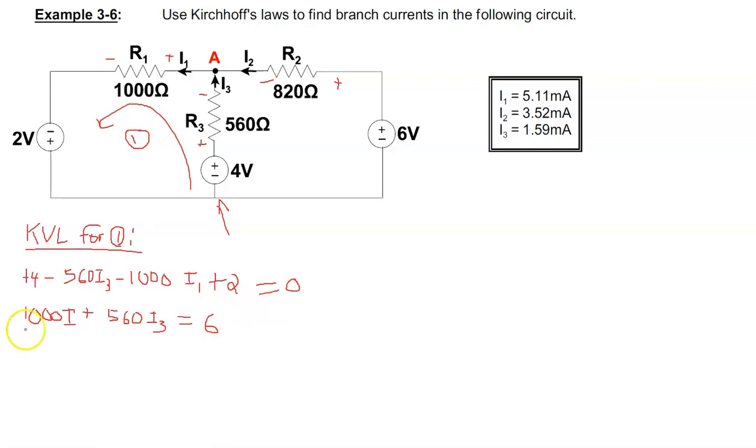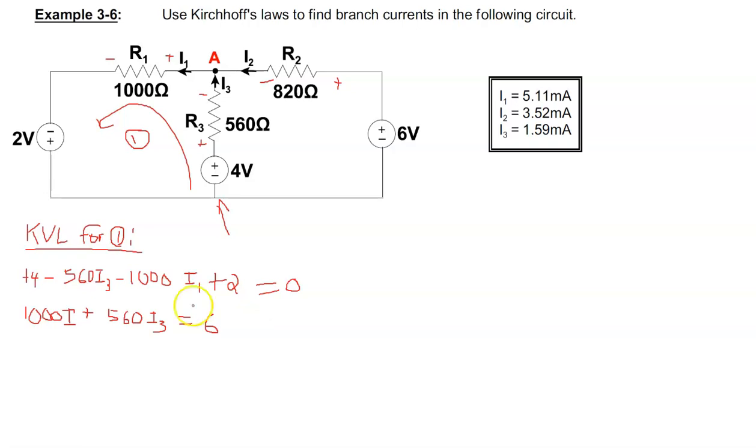The reality here is that even though I got these numbers on the left, I kind of moved them across the equal sign in comparison to the plus 6. Okay, and so now if we're going to solve this with substitution,